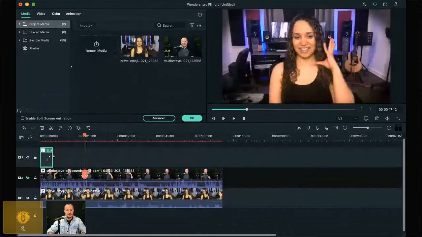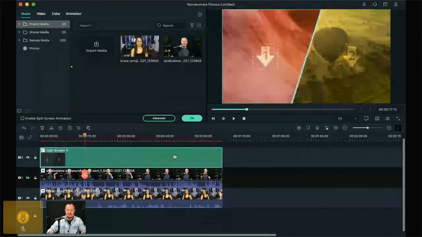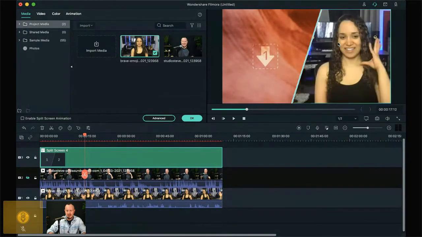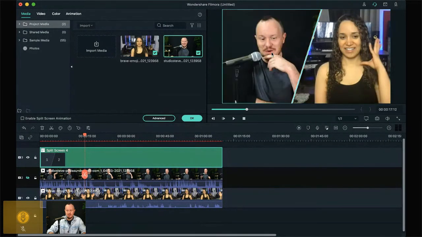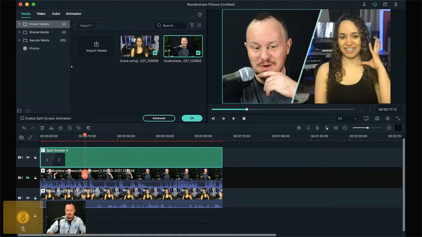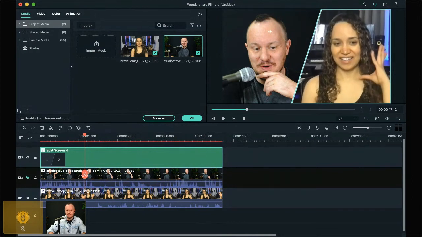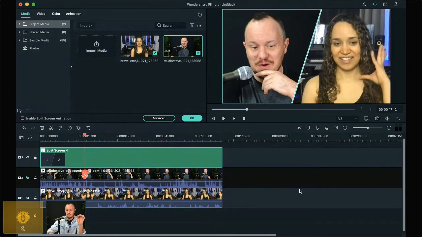And then if I hover to the right of any of these clips, you'll see this familiar trim icon, which allows me to trim or change the duration of the item. So now this item is the same duration as these. I can double click on this item and drag Veronica in here, and I'll drag me in here. Then once I've dropped these in, I can click on them and adjust them. I like to get the faces a little bigger, and I try to get them about the same size, and also have their eyes in the same area, to make sure that the split screen footage that we did looks really good together.